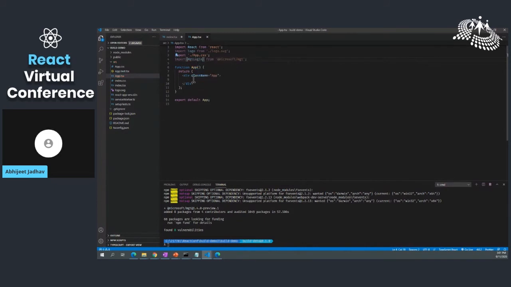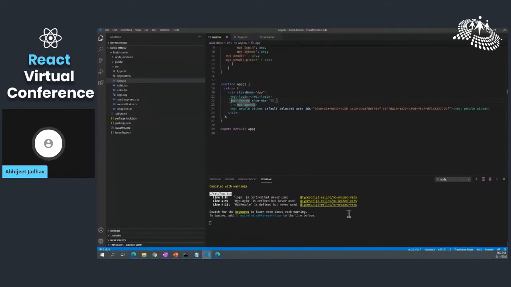So I'm assuming it is MGT. So we'll have the login component first.